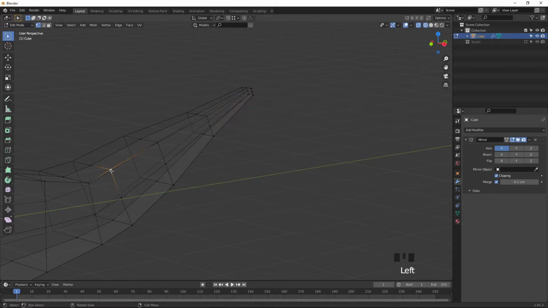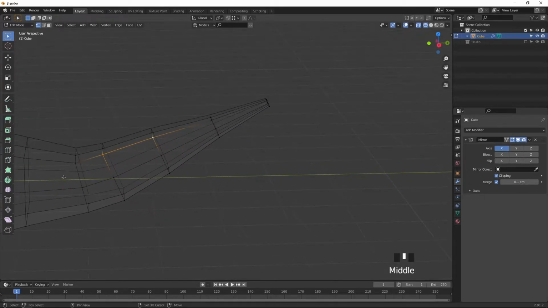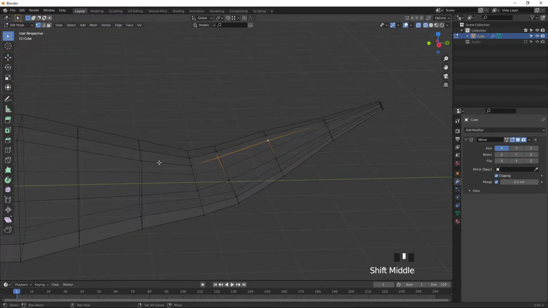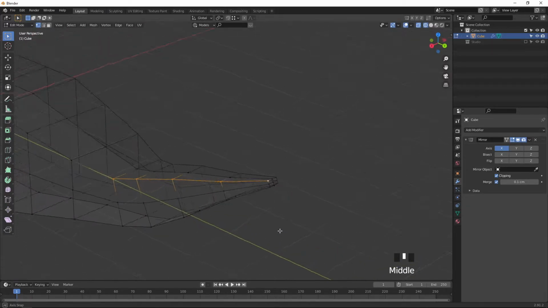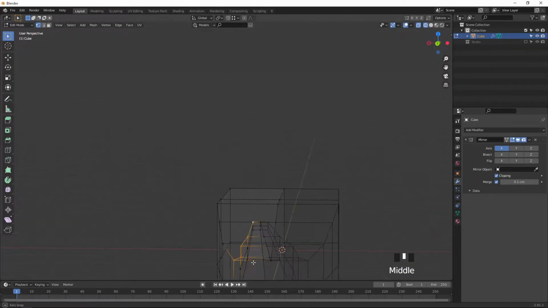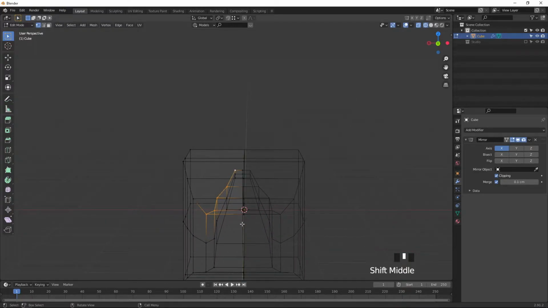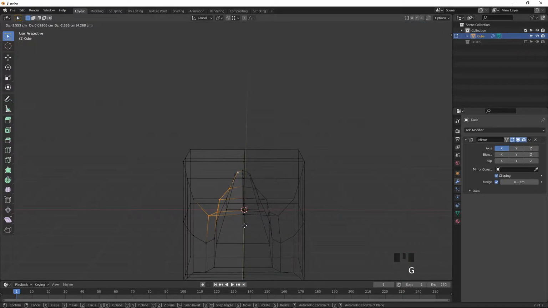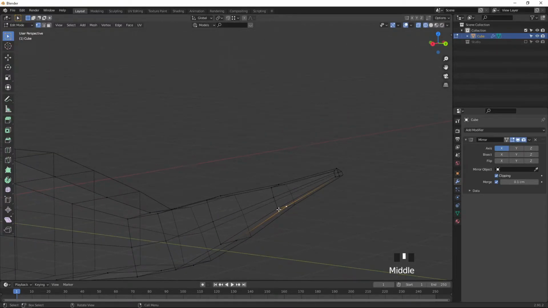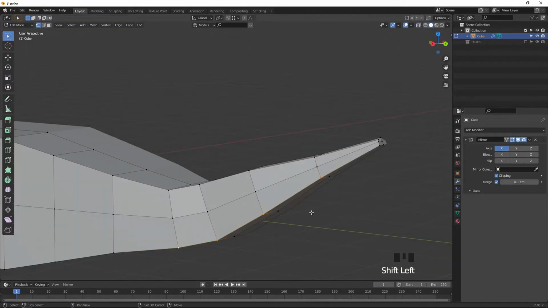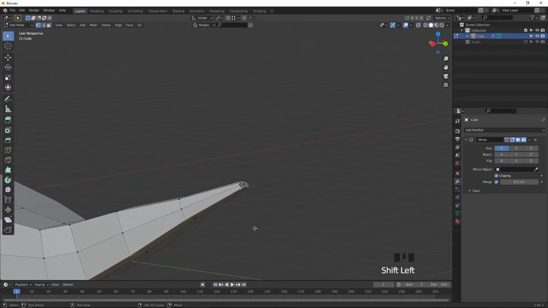After doing this, you can select these vertices and press G on the keyboard to make it like this curve. Select this one also, same, this corner, this corner, this corner, Shift Z and select this one.